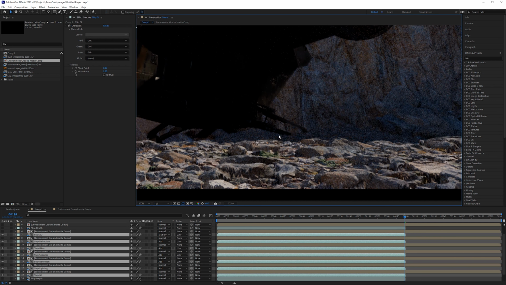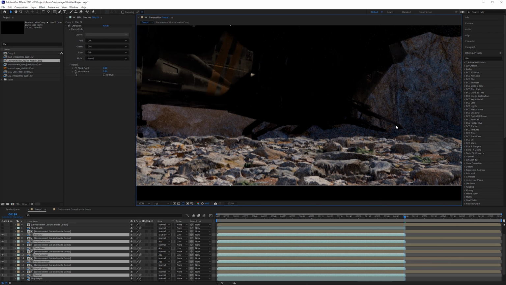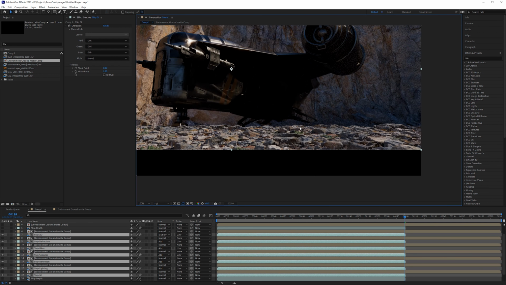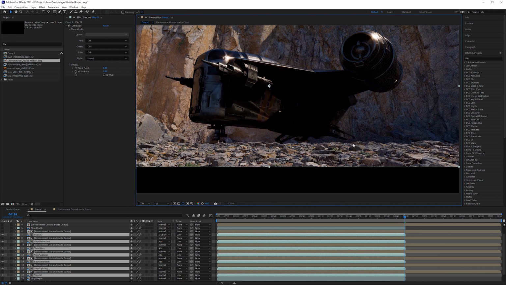If you had a lot of dust here, it probably wouldn't be a problem. And if you had rocks that were much higher, it also wouldn't be a problem. It would be fine. So this might be a good solution for you. But for me, I need to fix that back in Maya. So that's one way of doing this.